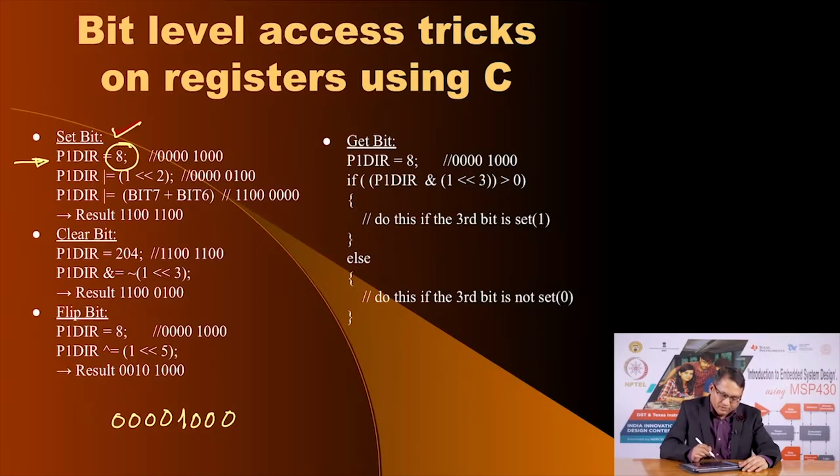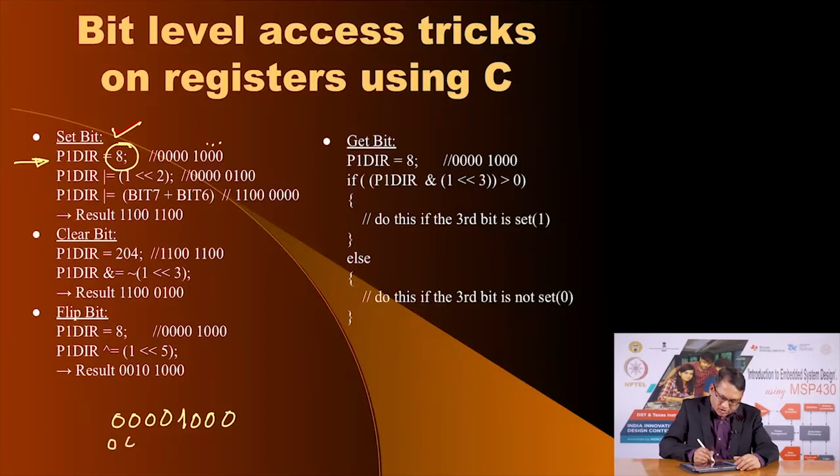We want to set the second bit, so this is 0, 1 and 2. We want to set the second bit without affecting the other bits. The way to do that is to OR the variable with a value in which 1 is shifted 2 places to the left. And so once you OR it, this 8 is going to be ORed with the